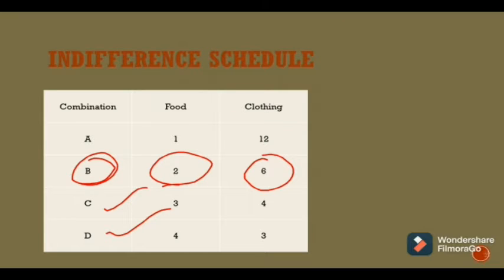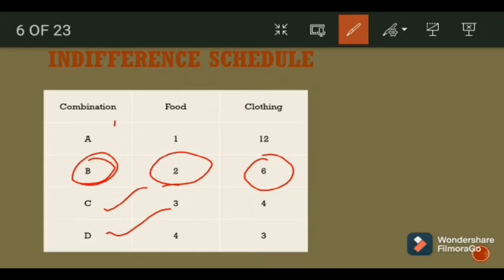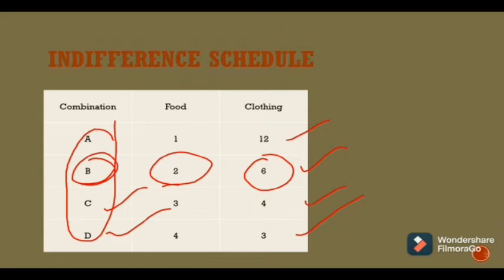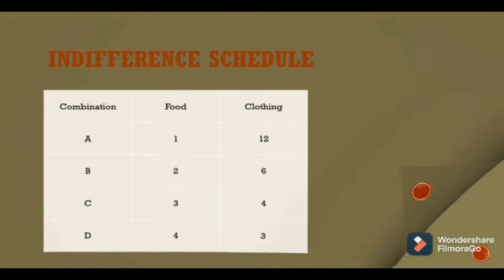So here we need to understand that in an indifference schedule, all the combinations are indifferent because all these combinations are giving an equal level of satisfaction to the consumer.